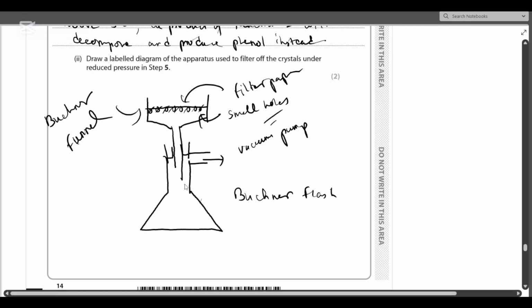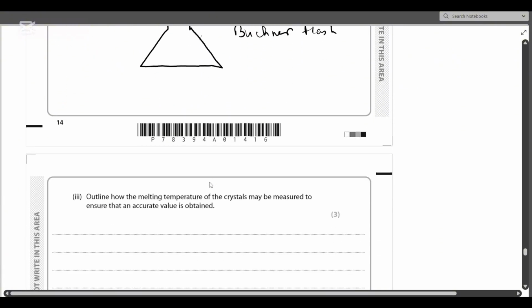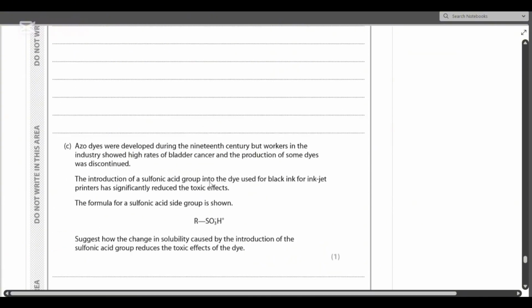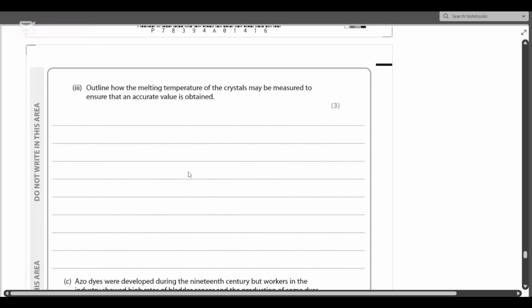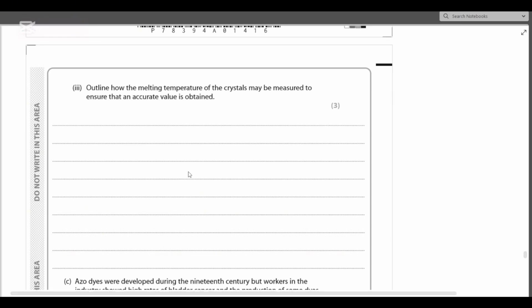Okay, so this is basically a live example of the apparatus used to filter out the crystals under reduced pressure in step 5 of this whole procedure. Moving on, they said outline how the melting temperature of the crystals may be measured to ensure that an accurate value is obtained. So now after we filter out the crystals, what we can do is pretty simple,